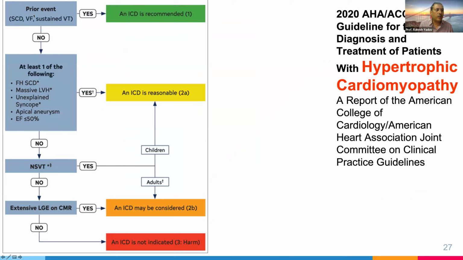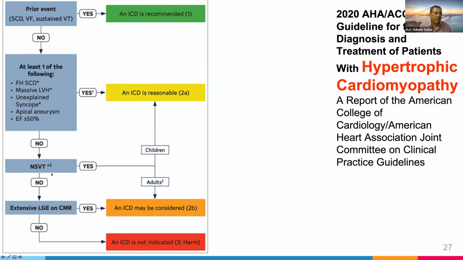When you have a history of sudden cardiac death, VF, sustained VT, it is a class 1 recommendation. When you don't have these, at least one of the following: family history of sudden cardiac death, massive LVH more than 30 millimeter, unexplained syncope, apical aneurysm, EF less than 50%, yes, ICD is reasonable. When you don't have these at all, no, then